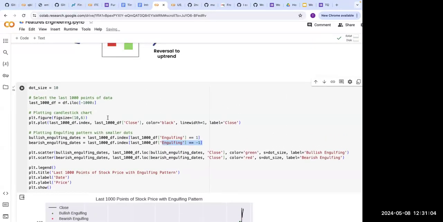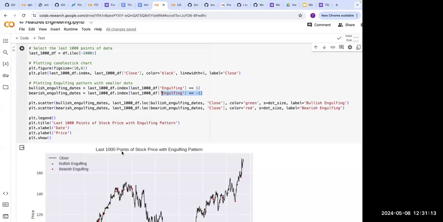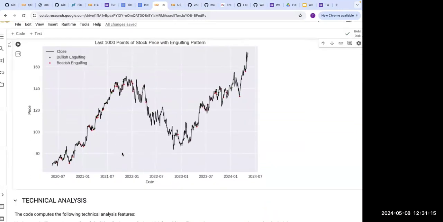Last 1,000 also means post COVID. So that's a normal market. Here you will see both green and red dots. Red means bearish, green means bullish. And this is a little better than what we have seen before, right? Because firstly, you can figure out where the pattern reversal of what type is happening, because of the bearish, bullish categorization. And also these are very accurate.